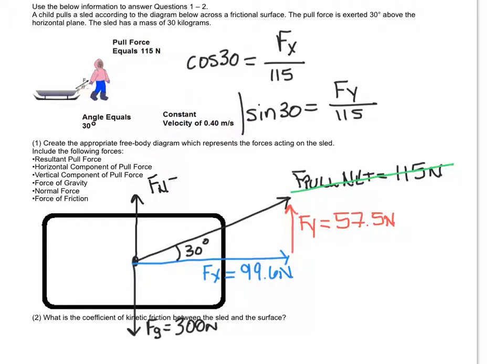inclination is to set that normal force equal to 300. It's not, because we're compensating for that y component of vertical force, such that our net forces in the vertical direction are approximately equal to 0, since this sled contains no vertical motion, which means our net force in the vertical direction is 0. 0 is equal to force of gravity minus that y component of pull force minus that normal force. Plugging in arithmetically,